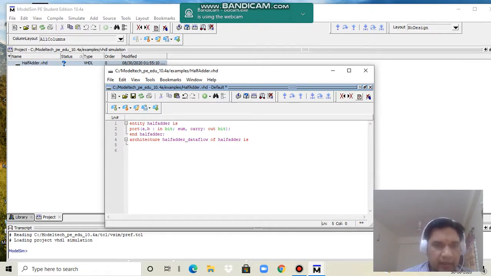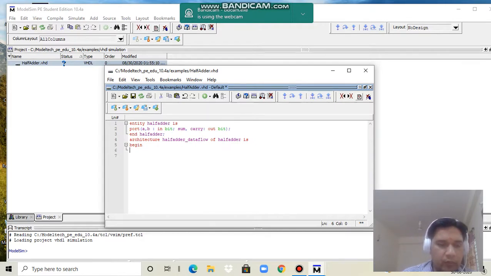So we declare the architecture here with the name half adder underscore data flow. Then we have to write the keyword begin to write the statement part. So now here we have to declare the statements.